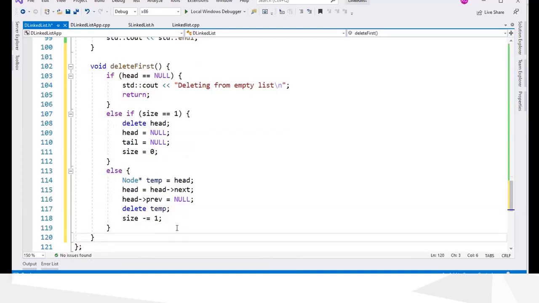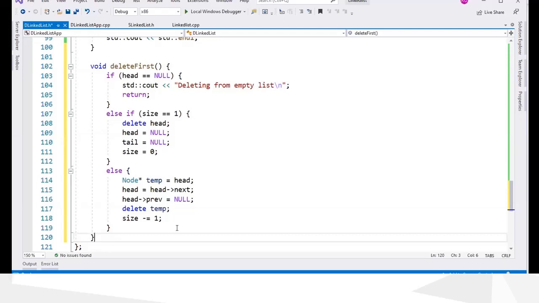Okay. So first check the list is empty and then check whether you have exactly one element. So else means now it is not empty. It is not having only one element. So it is having more than one element, 2 or more.